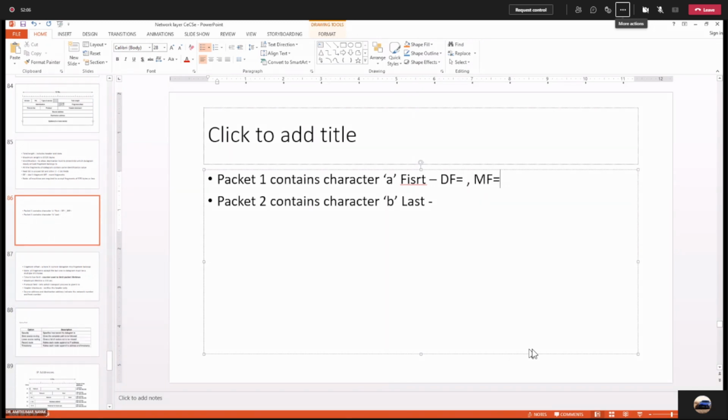More fragment field will be 1. Don't fragment field will be 0.